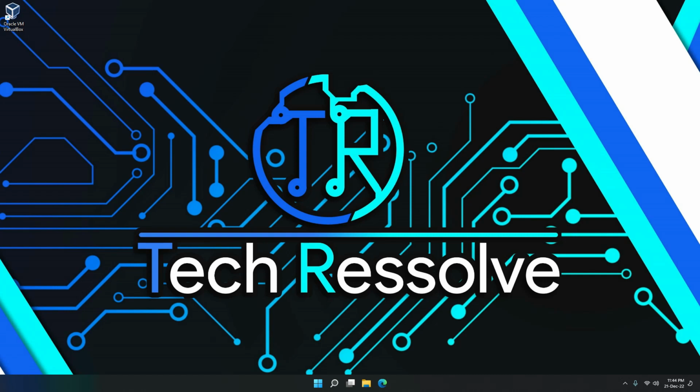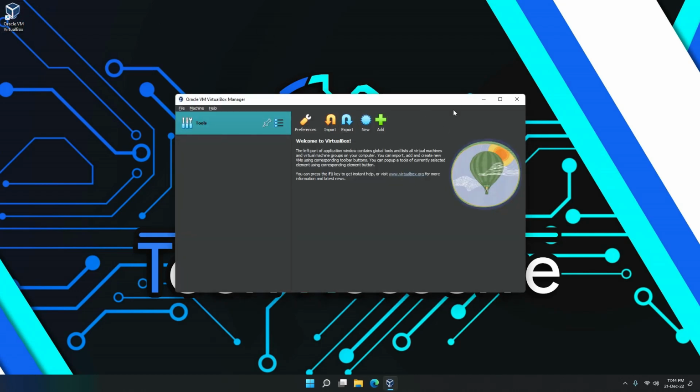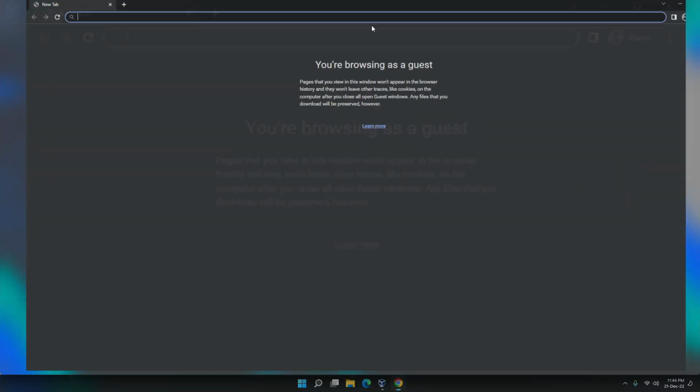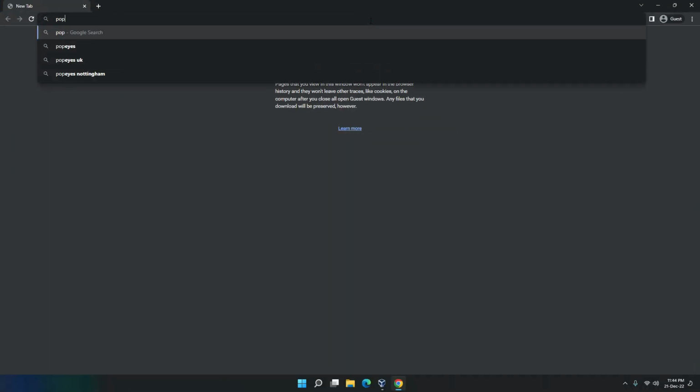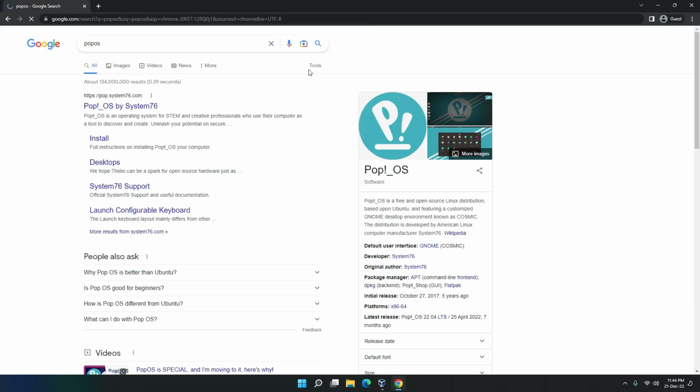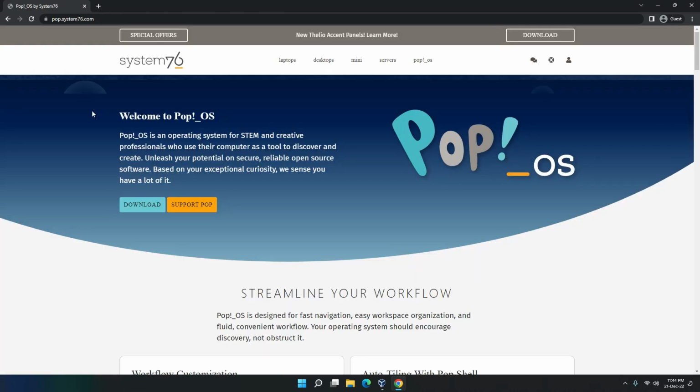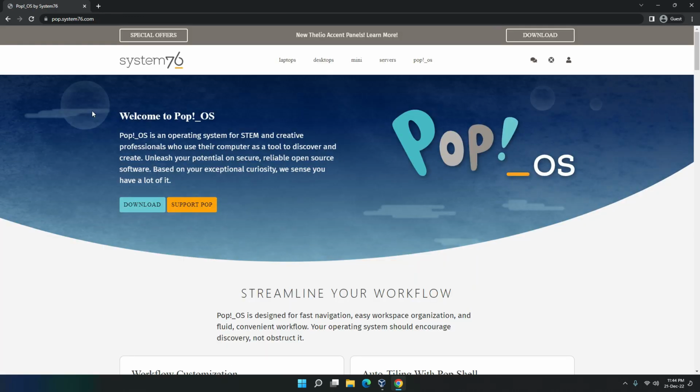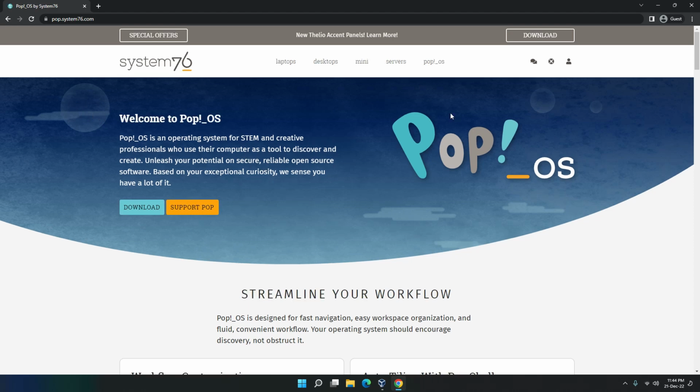So now, I will be installing this in a virtual machine, specifically VirtualBox. So I'll open this up. And if you're wondering how you can get this, it's really simple. What you have to do is just search Pop OS, and there you go. Just click on the first link that pops up. Yeah, I know. So just get into that link and just hit download,